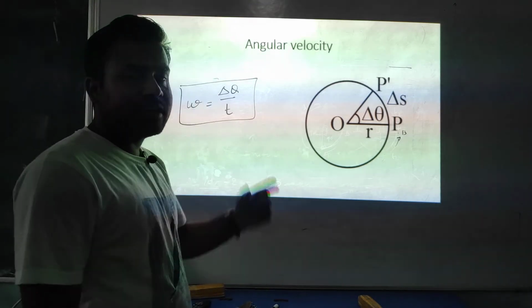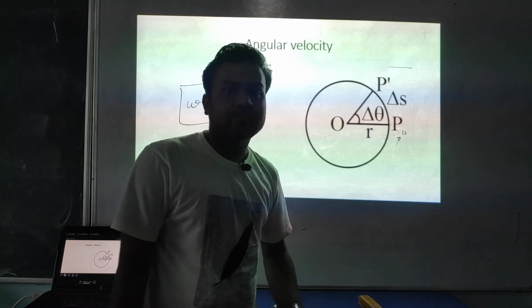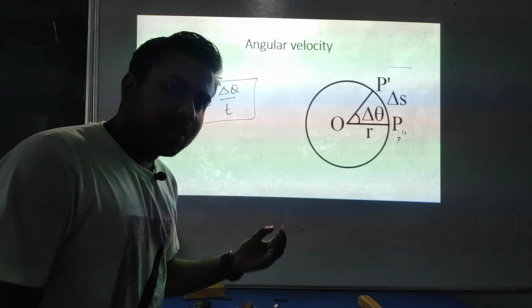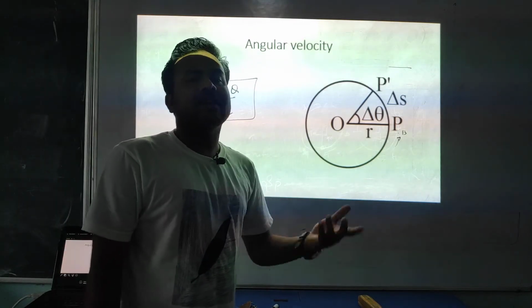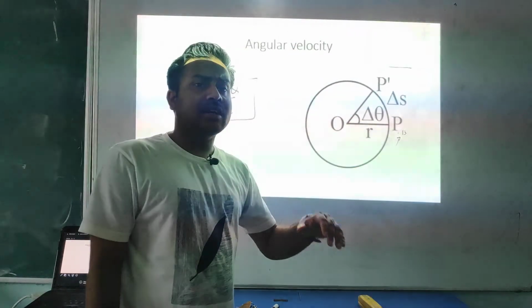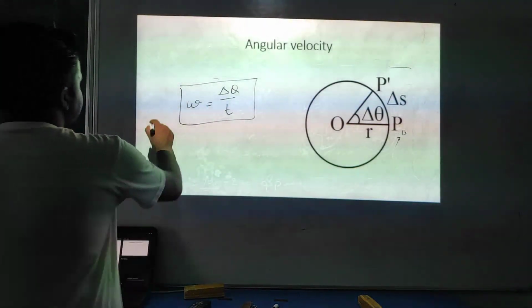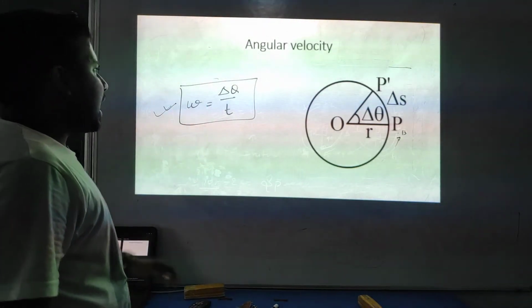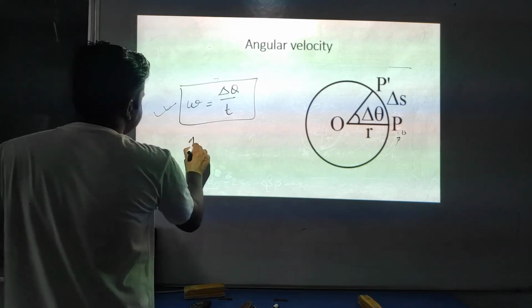How will you define the angular velocity? Rate of change of angular displacement is called the angular velocity. Or you can also define it in this manner: in unit time interval, how much angle is rotated or swept is called angular velocity, is it or not? So now I suppose you understand. Since I am saying velocity every time, it means it's a vector quantity.